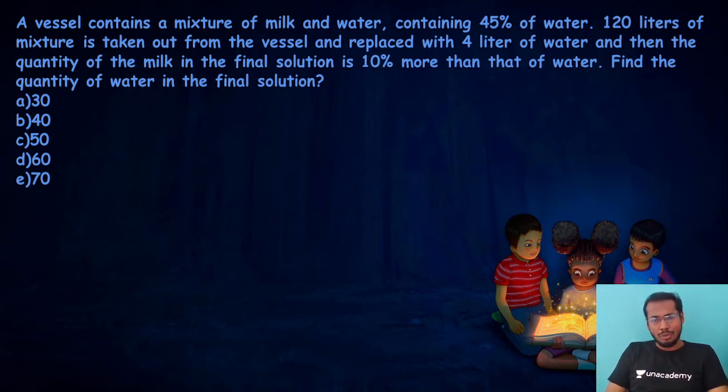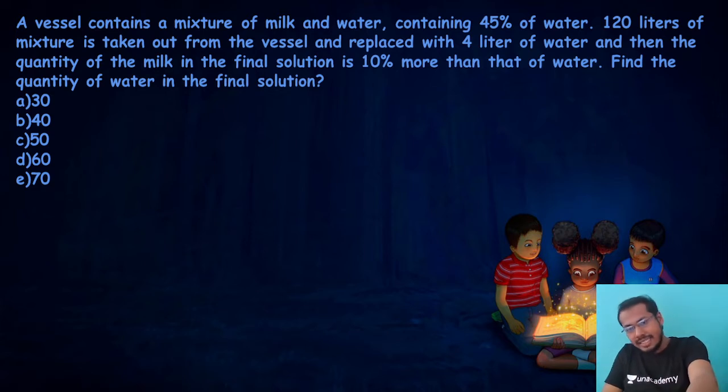In alligation and mixtures, most of the time students have some set of formulas and methods to use to get the answer. If the question is like this, we need to plot the values and we will get the answer by solving this. But sometimes they say I'm going to take some amount out of the vessel and add some amount of water. So what is the final solution? When so many procedures are included in the same question, we will not get answers correctly. So first, just understand this question.